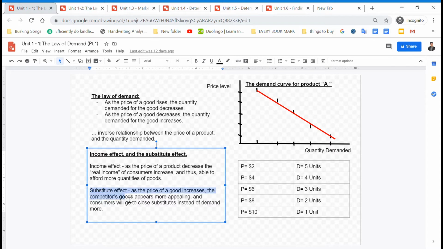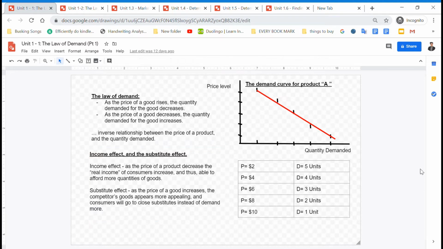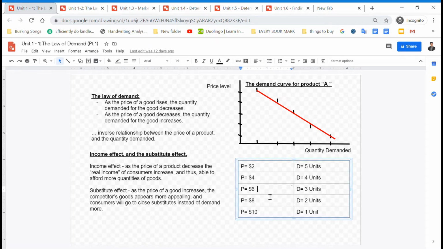Now, the second thing is the substitution effect. As the price of a good increases, the competitive good appears more appealing, and consumers will choose substitutes instead of demanding more. So the substitution effect is extremely clearly seen in examples such as Coca-Cola versus Pepsi. For example, if Coke raises its prices by $1, and Pepsi remains the same price,